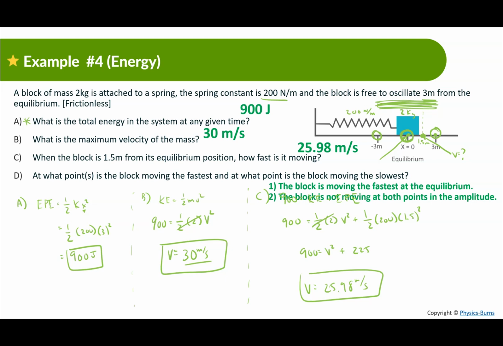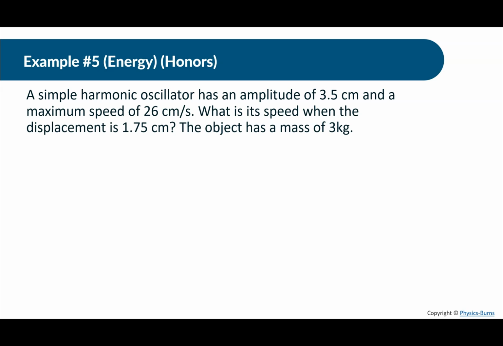Alright, moving on. Example number 5. A simple harmonic oscillator has an amplitude of 3.5 centimeters and a maximum speed of 26 centimeters per second. What is the speed when the displacement is 1.75 centimeters? The object has a mass of 3 kilograms. Okay,